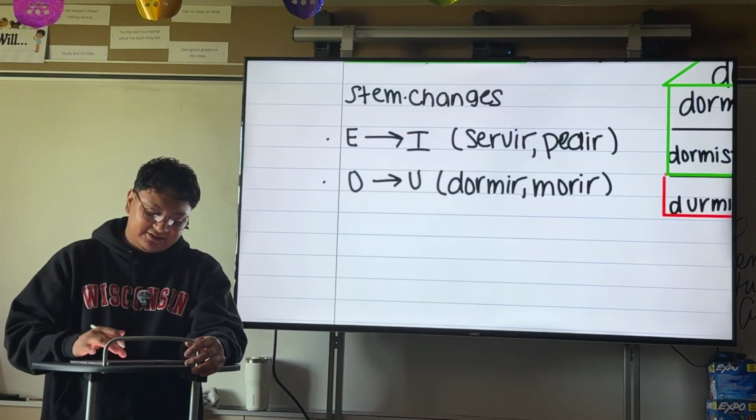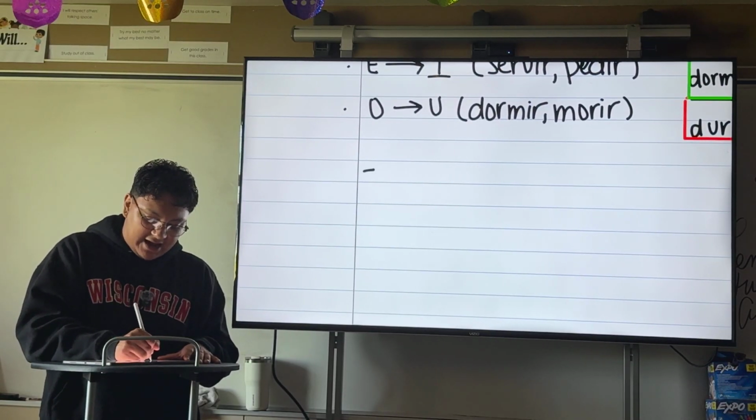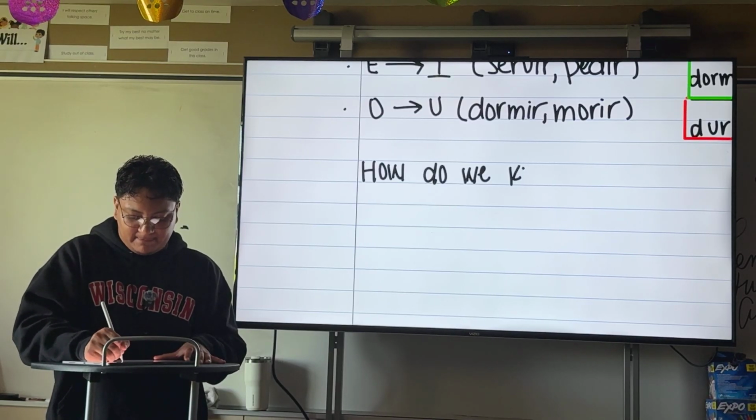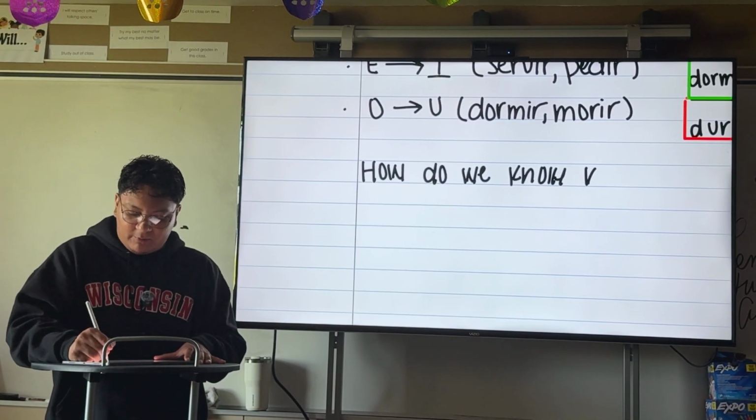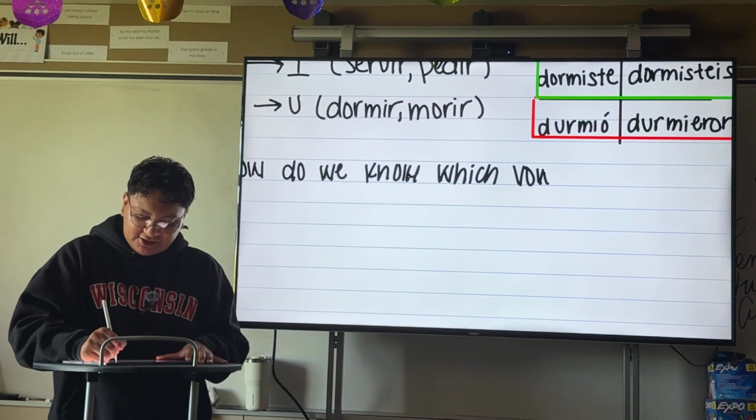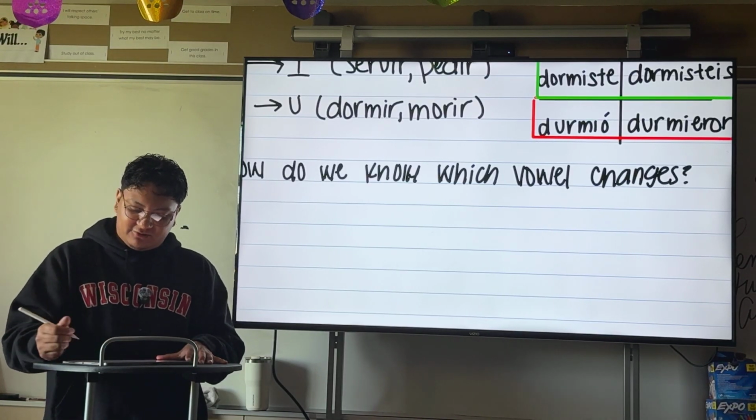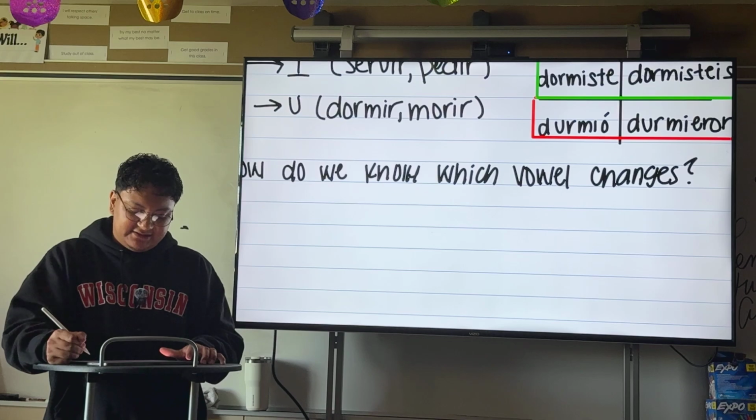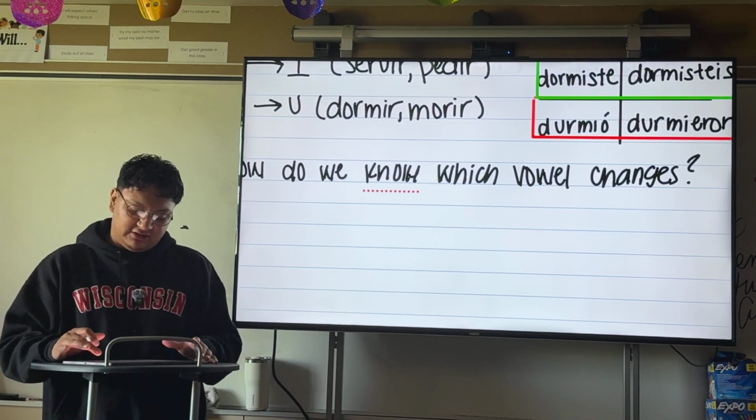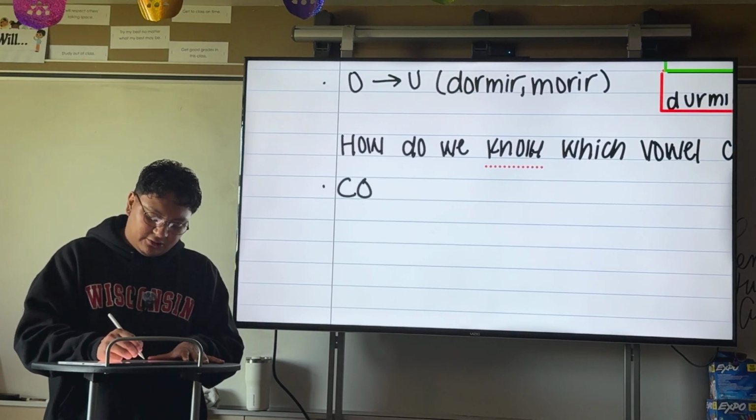So, right below your stem changes, we're going to write, how do we know which vowel changes? With a big old question mark, because that is the question of the hour. How do we know? Let's look at an example. I'm going to space this word out. We're going to use the word conseguir,